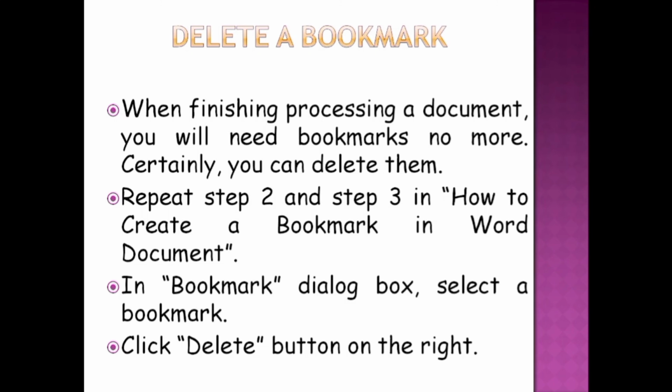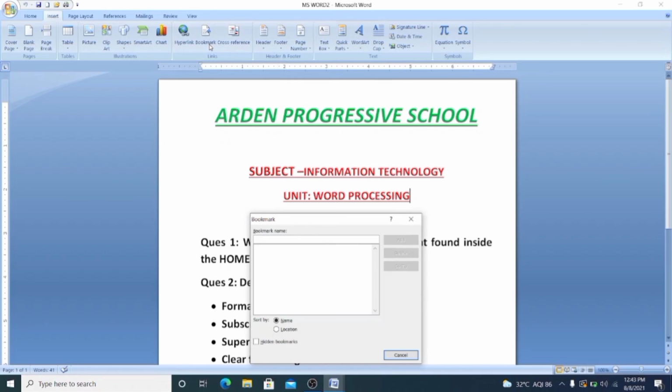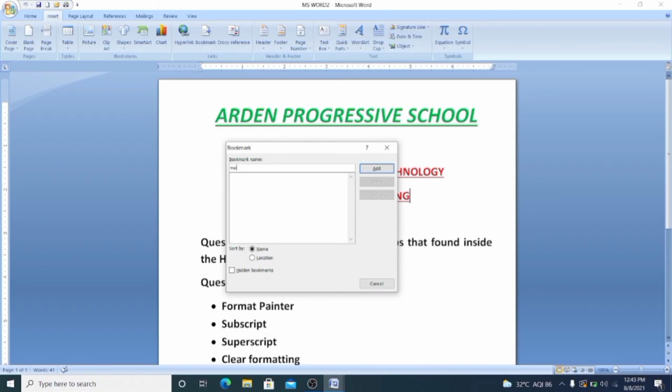Now, we will apply these steps practically. So here, this is my MS Word document, and if I want to apply a bookmark in the same document, then first I have to select the location, that particular location till where I have read the document. Suppose I completed the reading of my document till here, then under the Insert tab inside the Links group, we have to select the bookmark option. Here we have to type the name of the bookmark. Suppose I'm writing here mark 1.